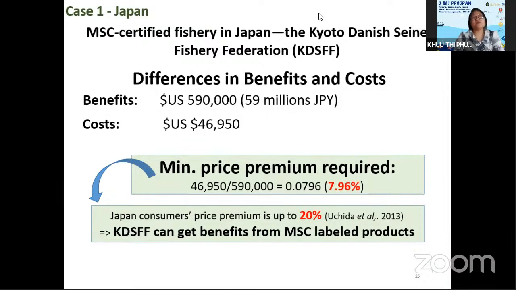And from the results of some papers and scientists' research in Japan, they conclude that Japanese consumers actually say that they will pay 20% higher for MSC products. So with this scenario, the Kyoto Fisheries Federation can get the benefits from MSC because they only require 8% higher. If the scenario of 20% higher happens, they can get benefits. But